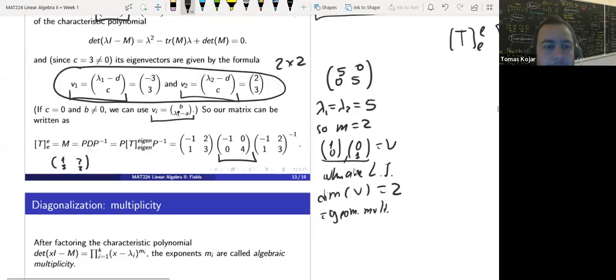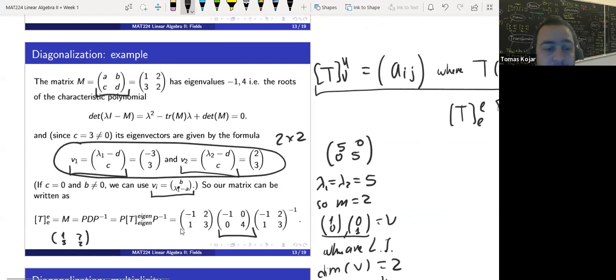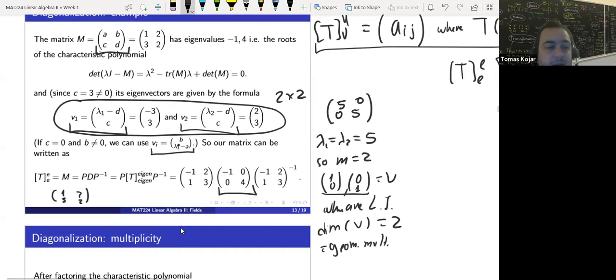All right. So we found these eigenvectors, and that means that you can write the standard representation in terms of the diagonalized version of the matrix with its eigenvalues. And this P here is called a change of basis, if you like.